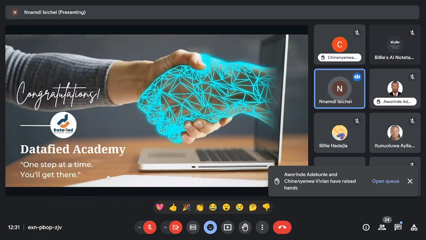This is just part of our corporate social responsibility to give back to society. We decided to put out this scholarship for those who are interested and passionate about data analytics. For you to earn this, you have to go through the assessment and convince us that you are at an intermediate level and ready to go into an advanced level of data analytics. So in summary, this is not in any way a paid scholarship. You're not paying for certificates, you're not paying for trainings, you're only coming to learn. And you should be passionate data analysts. All right, thank you. I hope that answers your question.